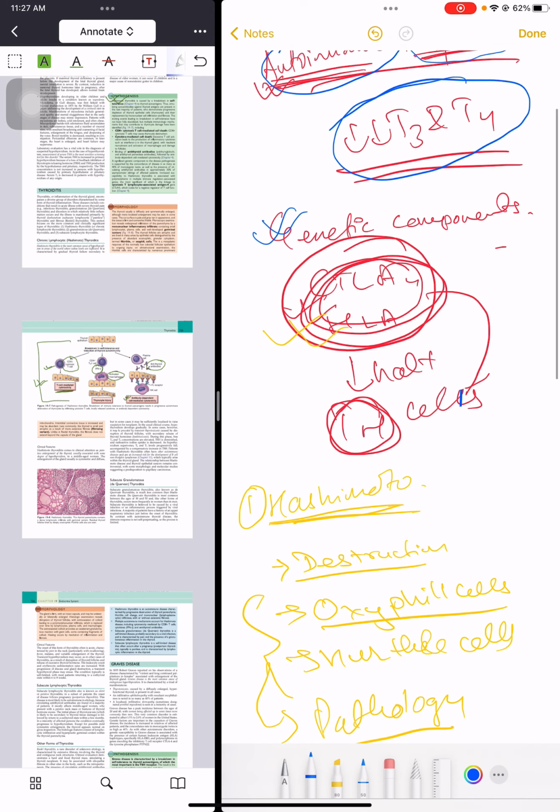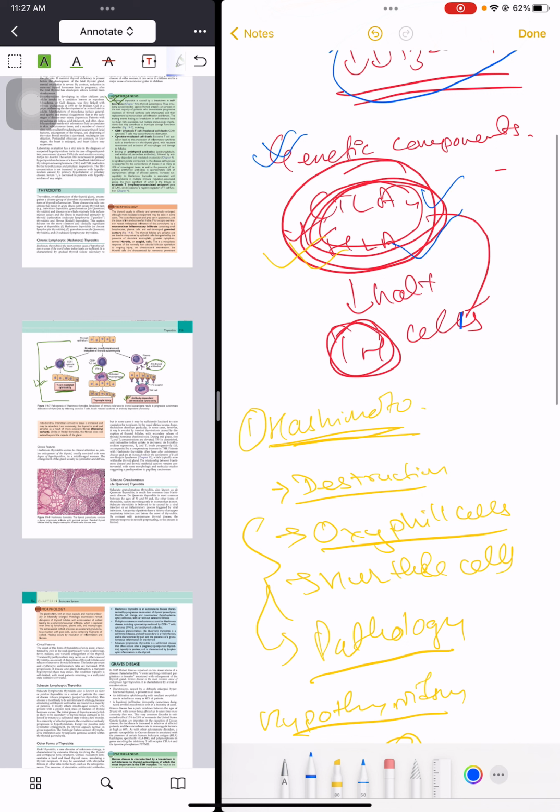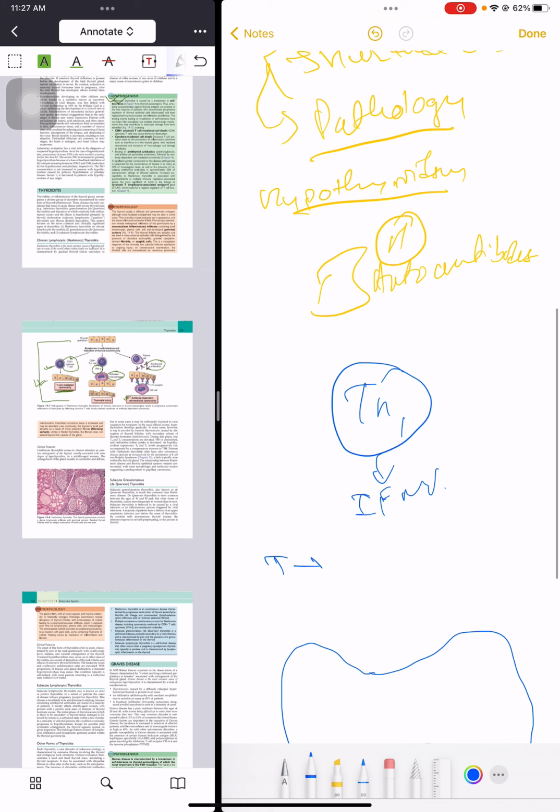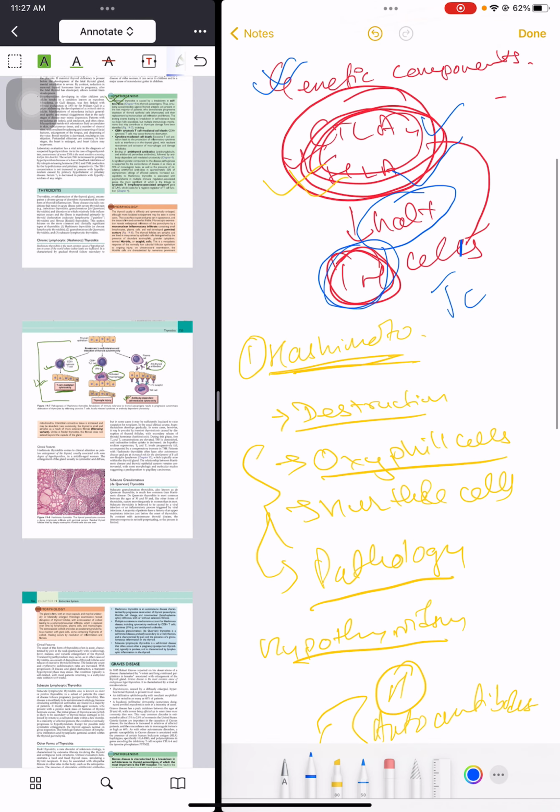The genetic cause is certain mutations in the CTLA4 and the HLA gene, which halt the T helper cells or the cytotoxic T cells response. Basically, our T cells are responsible for the destruction of the cells, which is done by the CD8 cytotoxic T cells, and they also recruit the macrophages because of interferon gamma, and those macrophages are responsible for destruction. After all that activity, the halting process is directed by the CTLA4 gene and HLA gene. And if there is a mutation in the CTLA4 or the HLA,